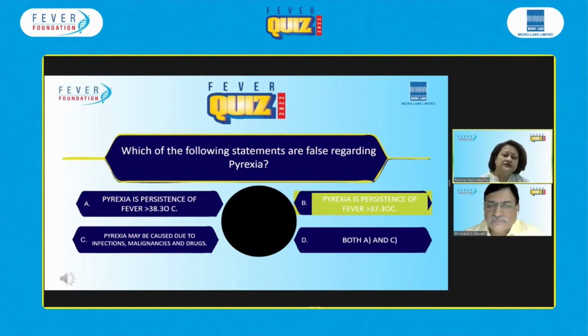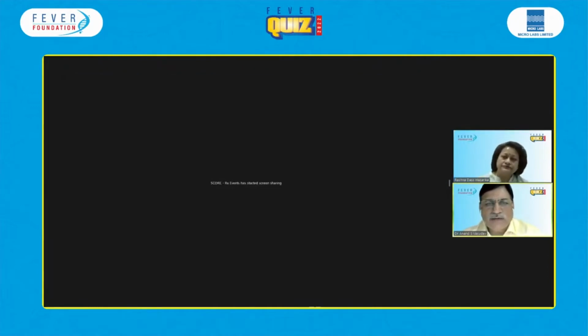So at 37.5 or 38 also, we may not use an antipyretic unless the child is uncomfortable. By definition, if it is more than 38.3 or more than 101, then we will give some paracetamol, just to make the child comfortable. We do not want to bring it down to 98.4. Right, so here what we wanted to highlight was